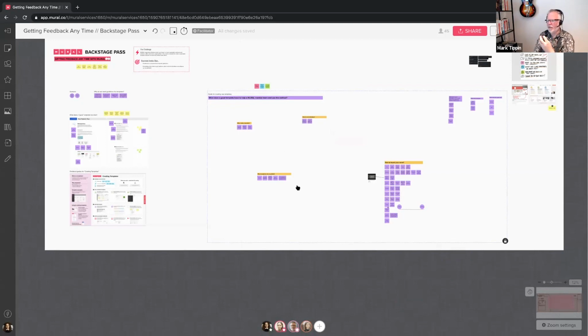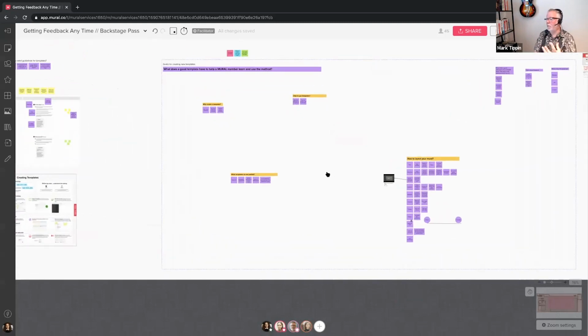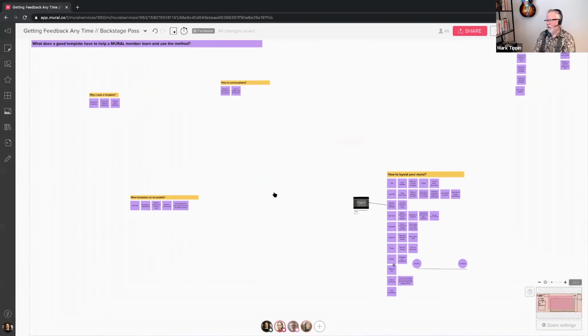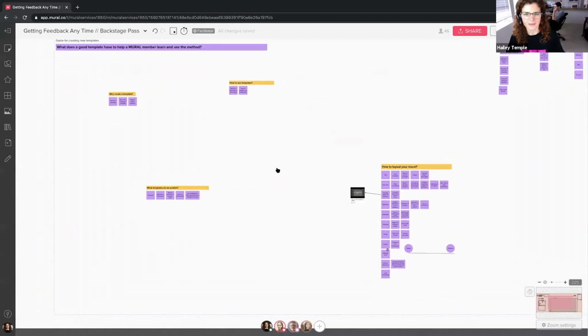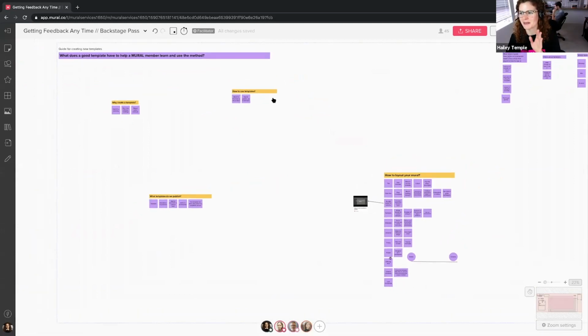So mostly people are excited to see how we can participate and have something that is often seen as such a negative thing become a source of abundance and possibility when you're giving these gifts to someone to help them improve their idea. Right. Awesome. That's a whole other Backstage Pass we could unpack.